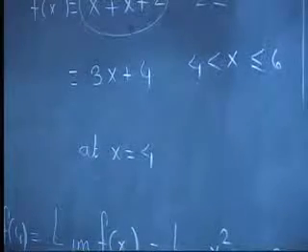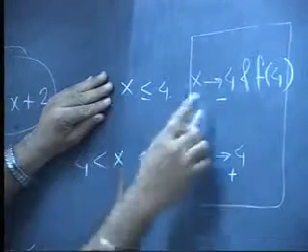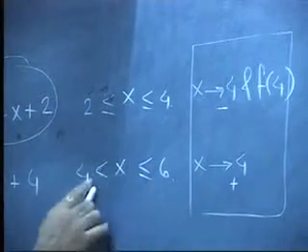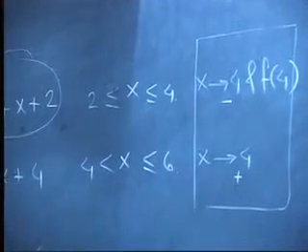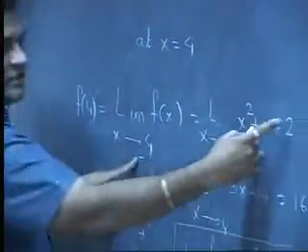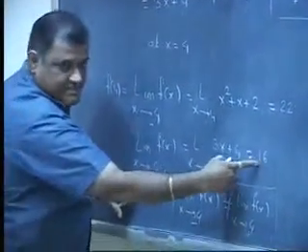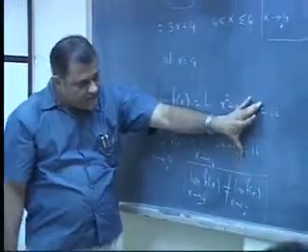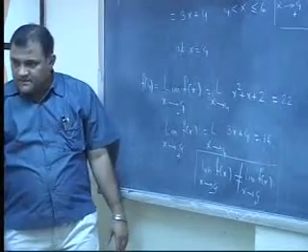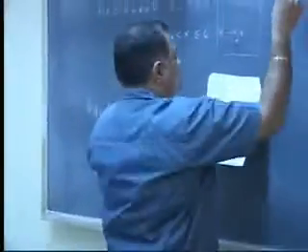In continuity, the very first step is identify the function. X less than 4, so x tends to 4 from negative side. Second, x is greater than 4, so x tends to 4 from positive side, and f of 4. For 4 from negative side, we have found out the value as 22. 4 from positive side, value is 16. Values are unequal, therefore function is discontinuous. 100% clearance? Let's go for the next question, that is 7th one.